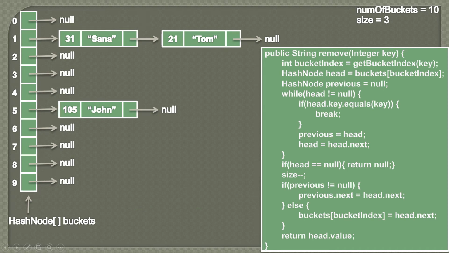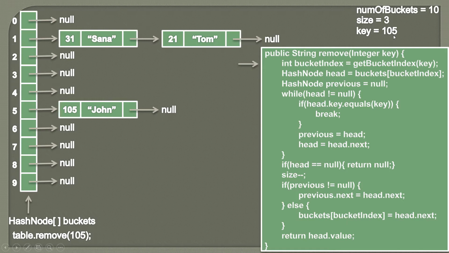So here you can see that this is the algorithm to remove a key from the hash table. So let's see the demonstration of it step by step. We will take the same use cases which we discussed in our previous video. So when we call table.remove and pass the key as 105, the remove method will be called with the key 105.